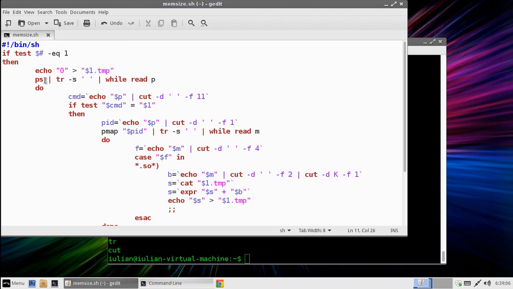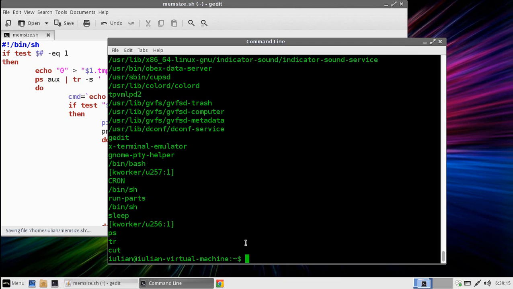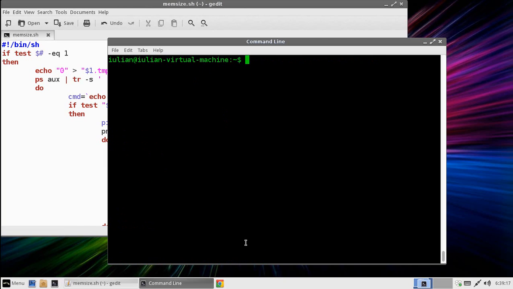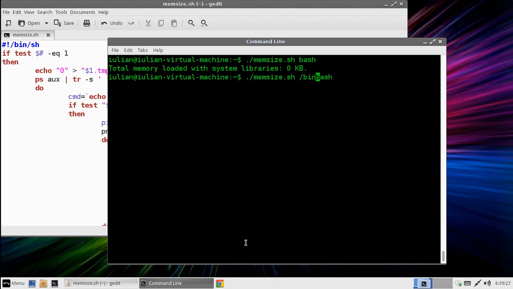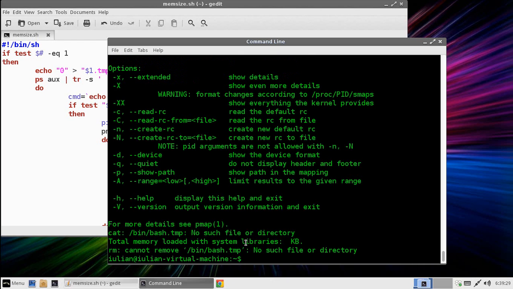Okay, so in case we would like to see all the programs in here, then we should use 11, but in this case perhaps we should use the full path for the bash. Okay, so let's try and run the command again. It will display still none, but if I use the full path of bash, which is normally